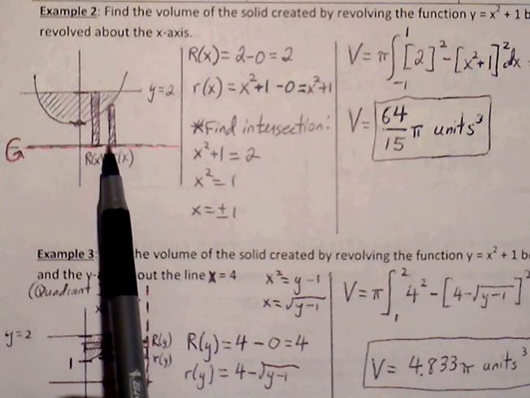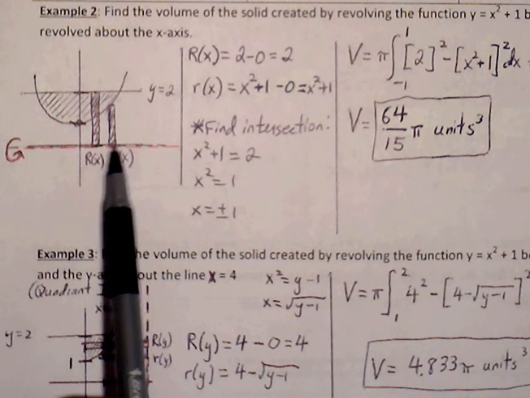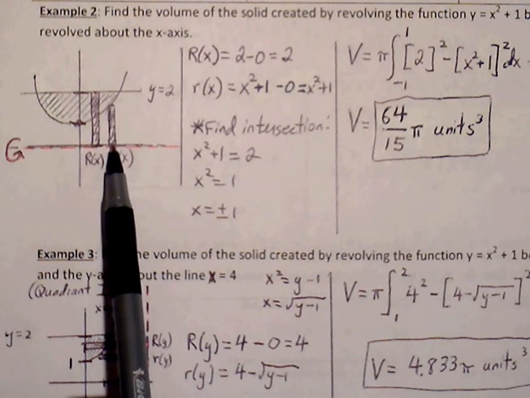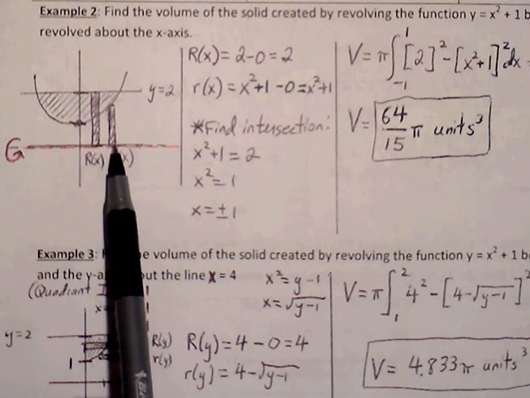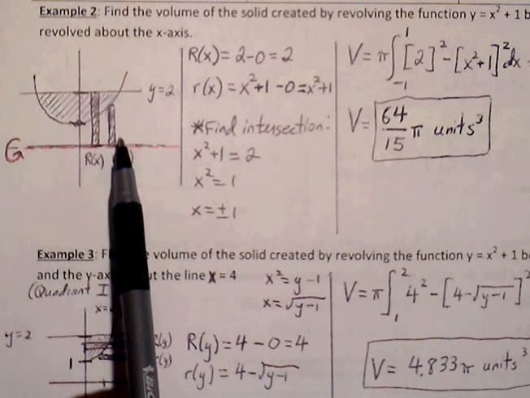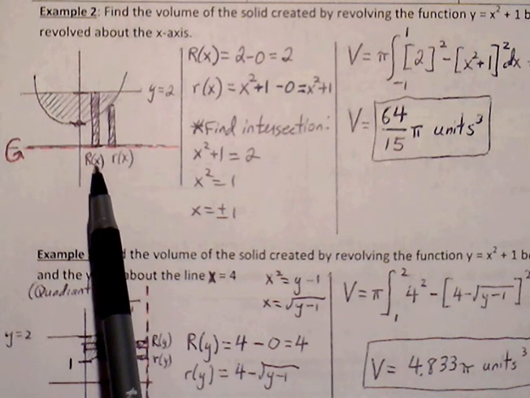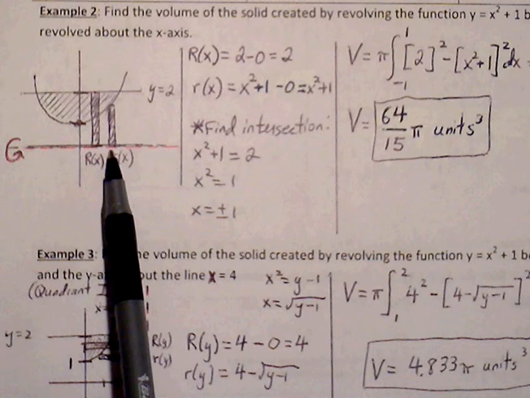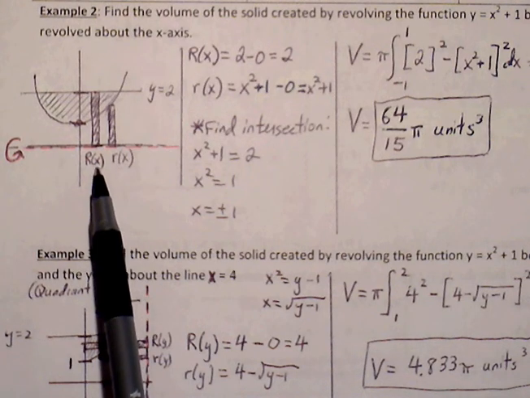And little r, we're going to take, starting on the axis of revolution and extending to the inner curve, the closer curve. And once you have your big R and little r, you should be able to compare their lengths and tell which one is the longer one. So big R should always be the longer length, and little r will be the shorter length. So if we want to find big R,